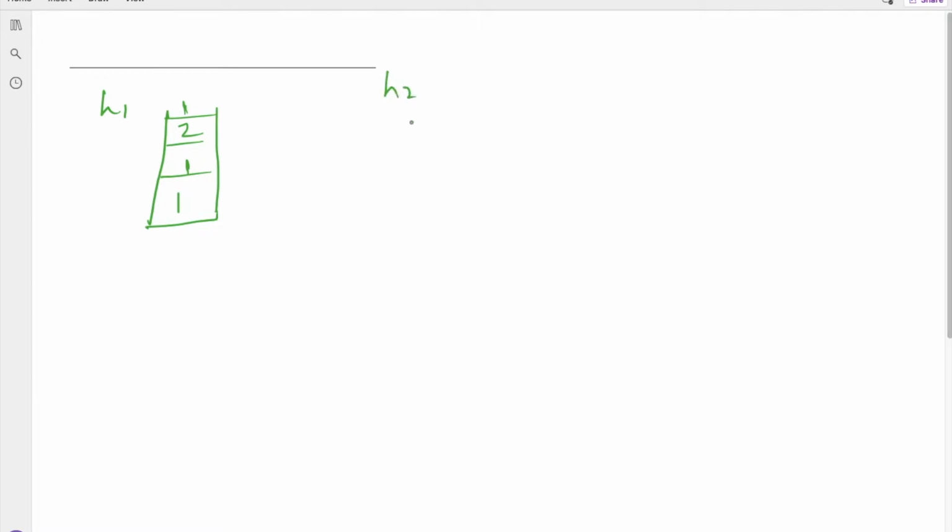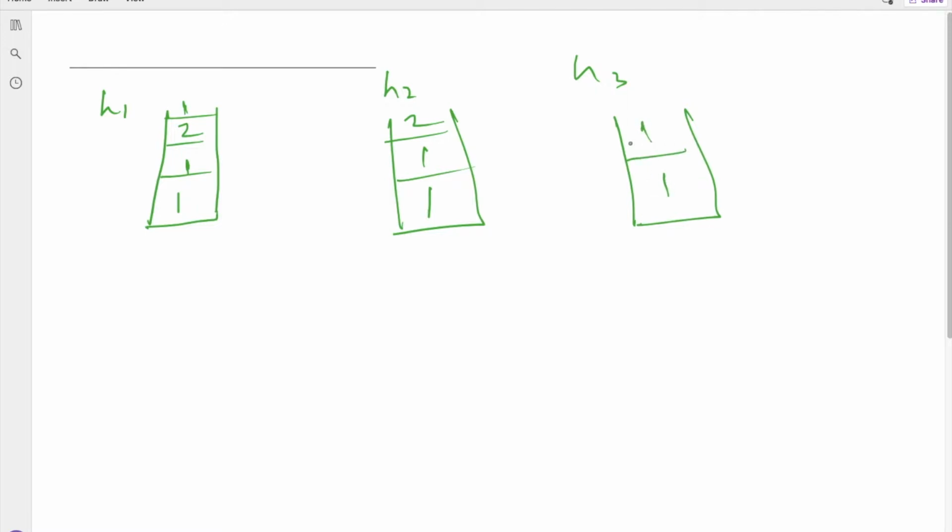Suppose stack 2 has values 1, 1 and 2, and stack 3 has values 1 and 1. Now, the height of a stack means the total sum of its values. If we sum these values we will get 5 over here, 4 here, and for stack 3 we will get 2.